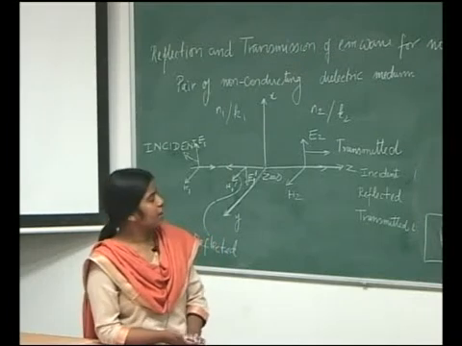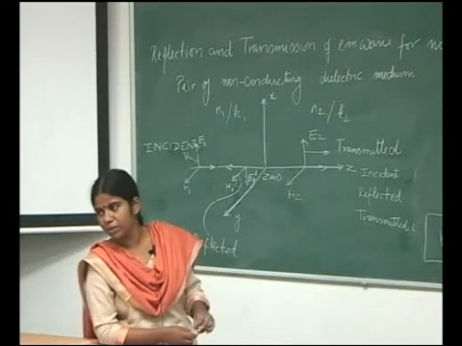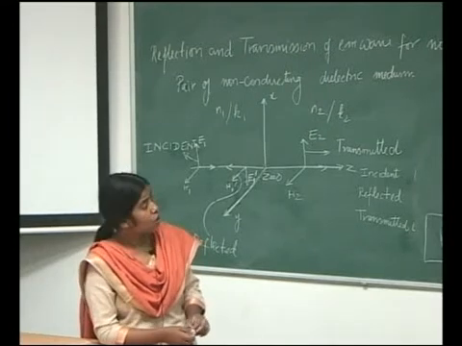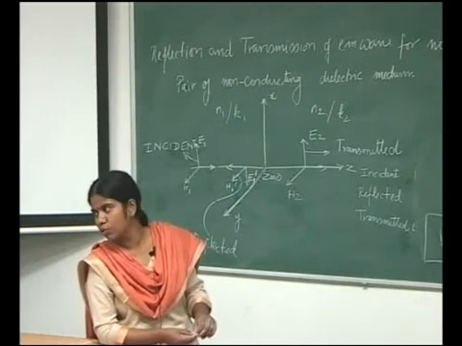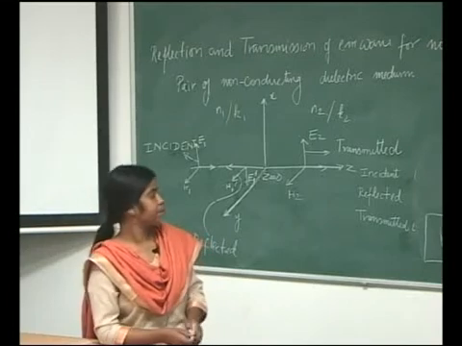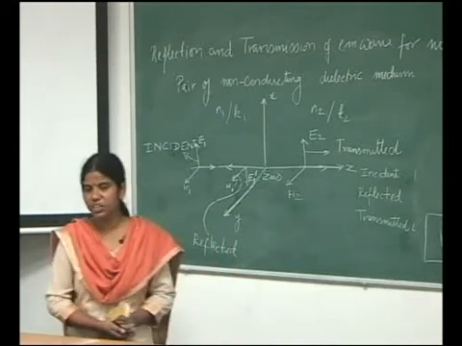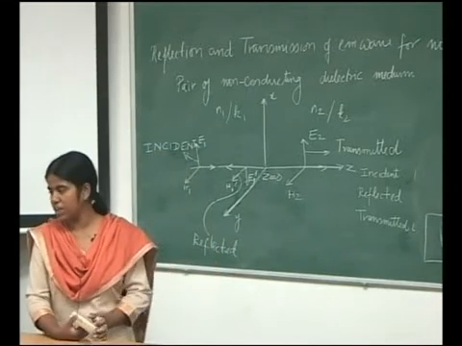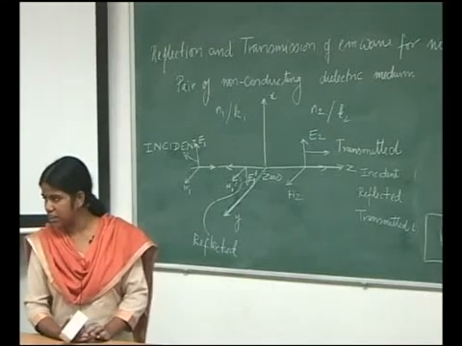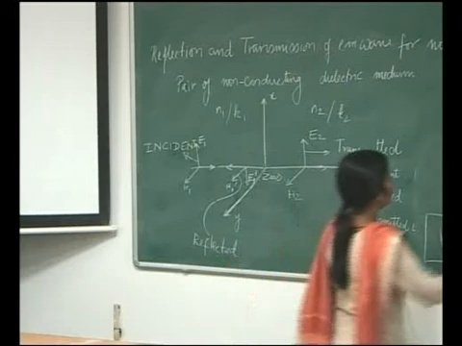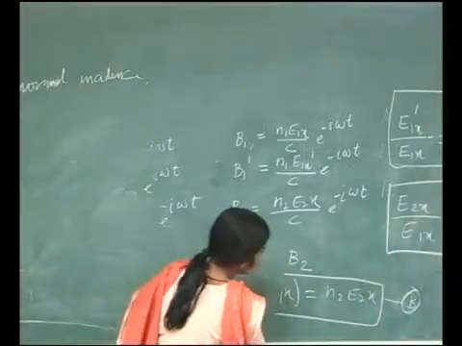Generally, whenever we take a medium, we always consider a non-magnetic medium, so mu is always equal to mu naught. This means permittivity is a key factor in deciding the propagation of EM waves through any medium. Now, it is generally very difficult to measure electric field. We cannot measure electric field. What we measure is the power or the Poynting vector, because power can easily be measured. So, now we will go forward and define how the same coefficients can be represented in terms of the Poynting vector.